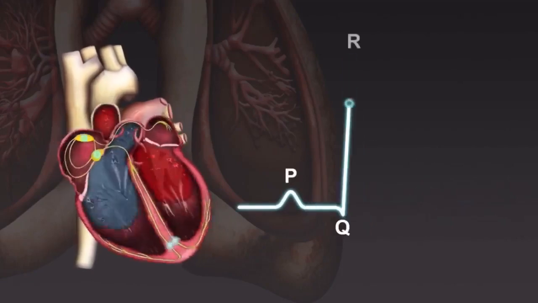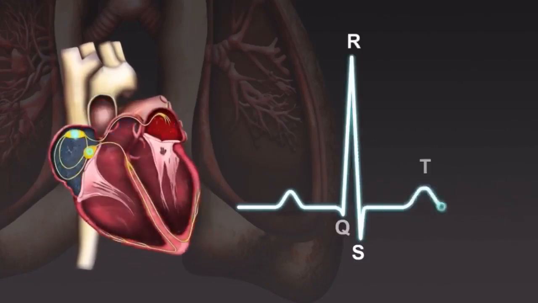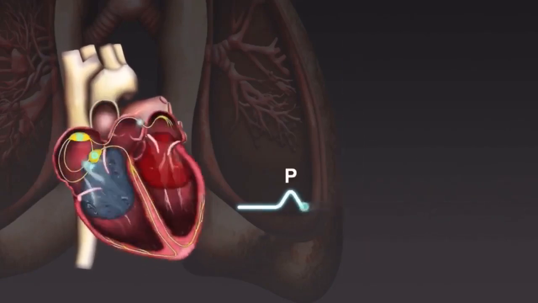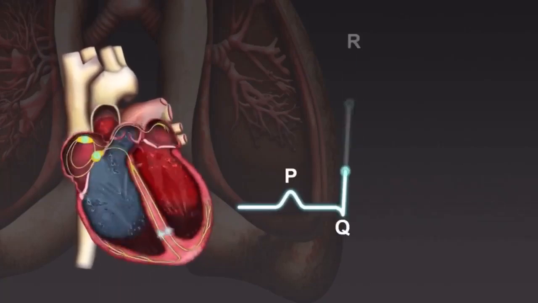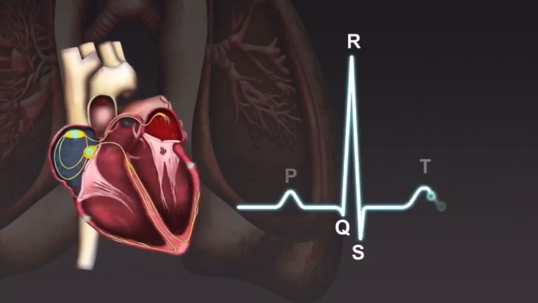Note, this animation shows the ECG recorded from a lead placed at position V6, one of the standard electrode positions to the left of the heart. Leads at other positions detect